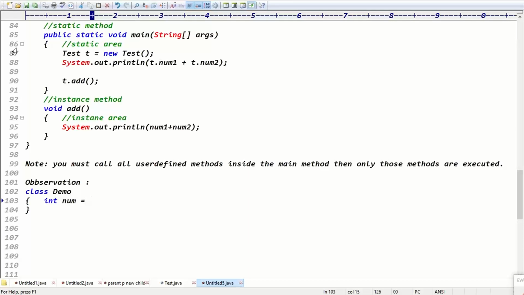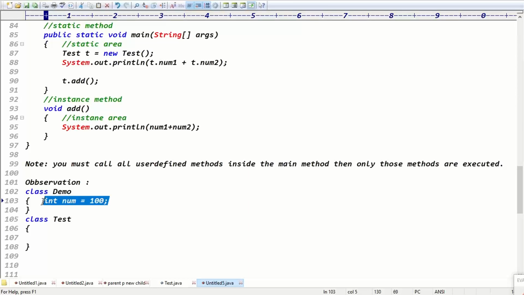Assume there is a class demo with int num equal to 100, and we have a class test. Demo's num is what type of variable: local, instance, or static? Instance variable.